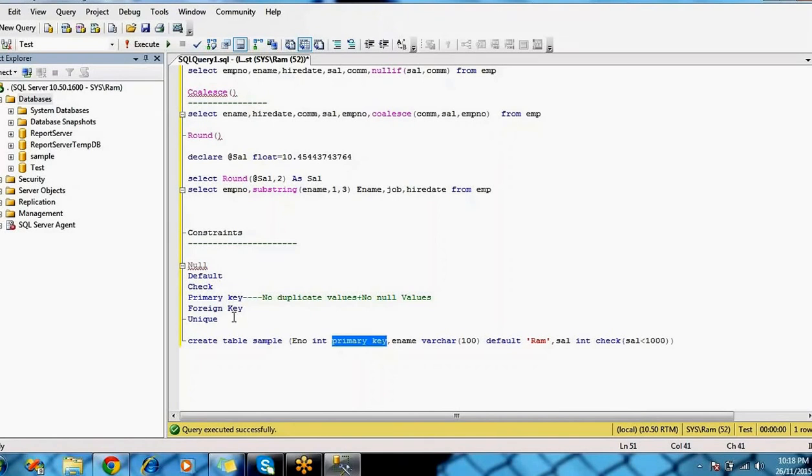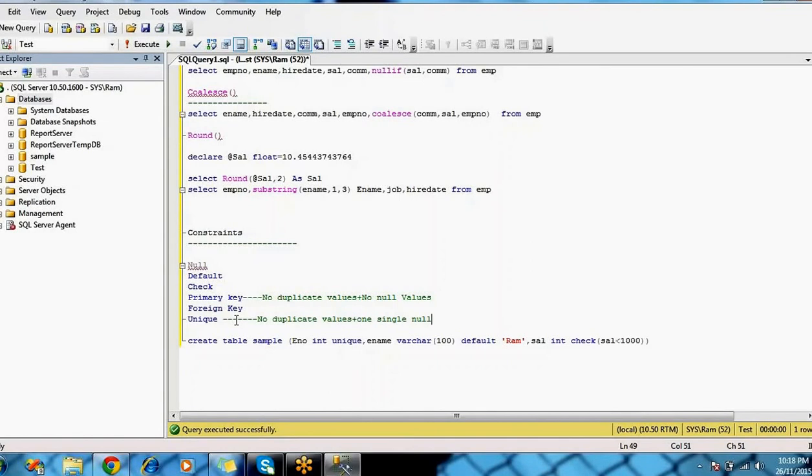And coming to the unique key, what exactly is this unique key? The unique key is also the same as a primary key. It also does not allow duplicate values, plus it will allow only one single null value.